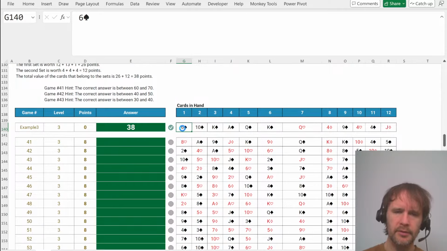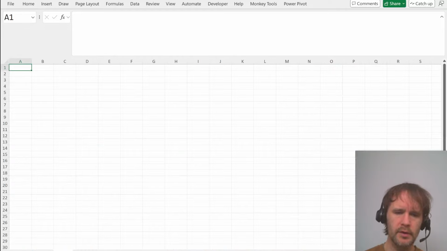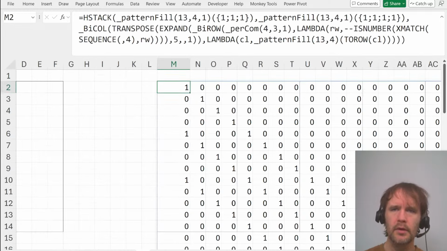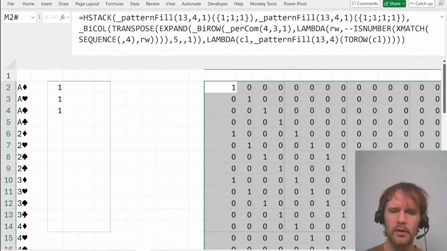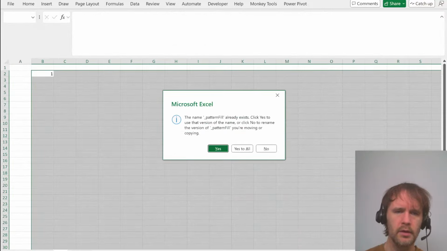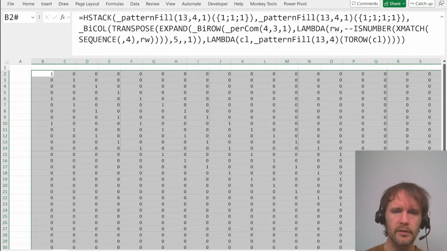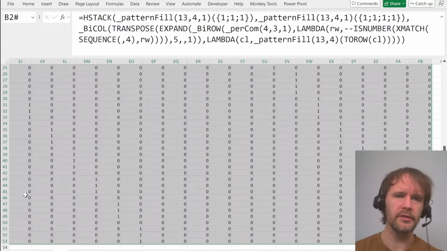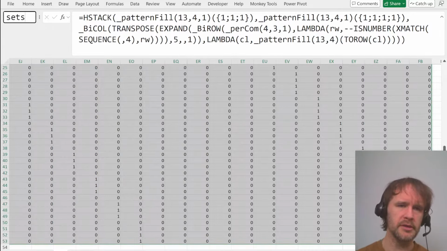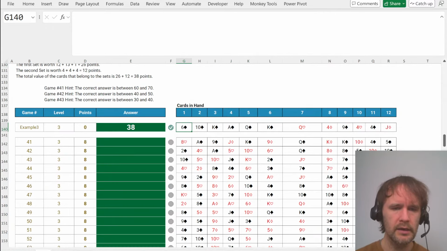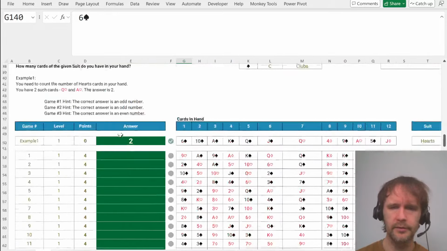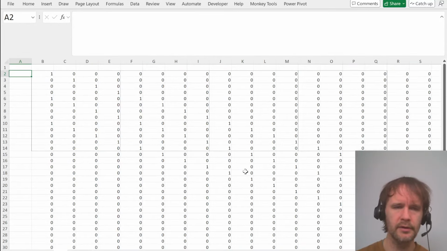Then I will import lambdas. And then let's get sets. Yes, yes, yes, yes. Okay, so then I'm just going to name this sets. These are all my possible sets. And then I've got a different set of suits here, so I'm just going to go grab the, oh, here they are. So I'm going to say to call